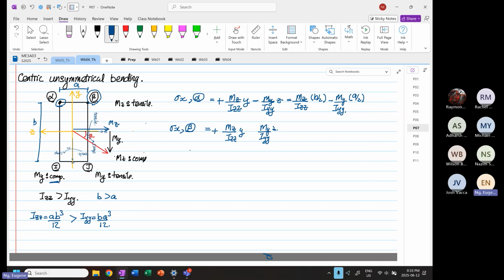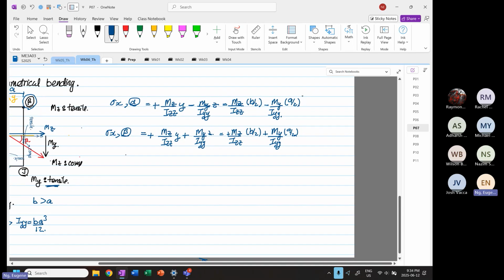MY, beta is on the right hand side and is going to be in tensile. Both are positive. So when you write this out, this is equal to positive MZ over IZZ, B over 2 plus MY over IYY, A over 2. So what we realize comparing these two, right? Stress X at point